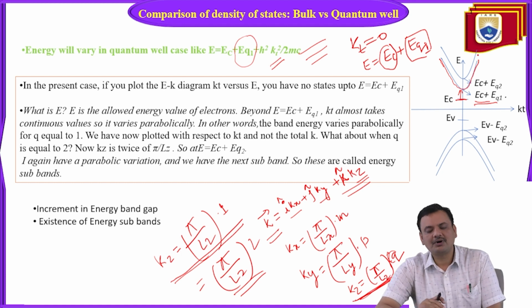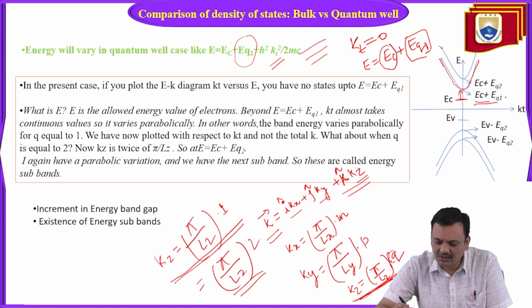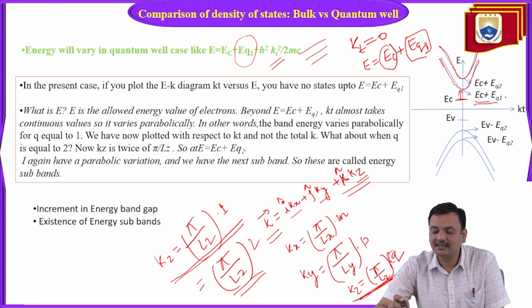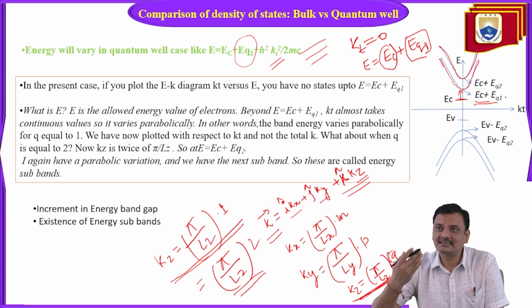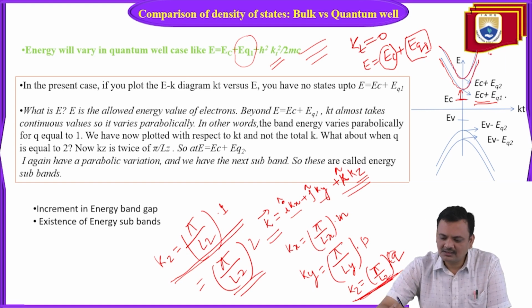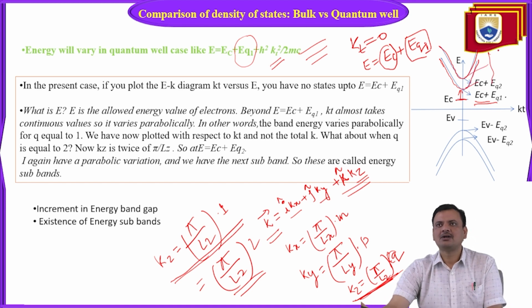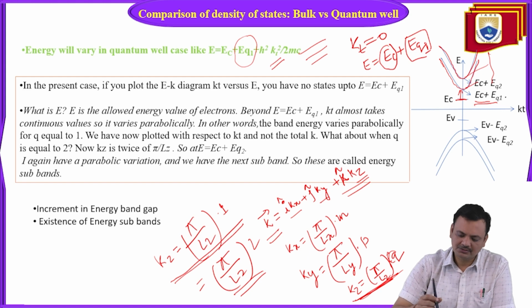Okay. Now for q is equal to 2, you will get one new band, and these bands are known as sub bands for this conduction band. This is the first sub band, this is the second sub band. Okay. So this is one thing,